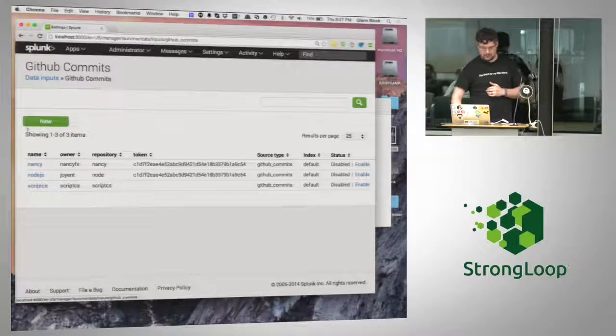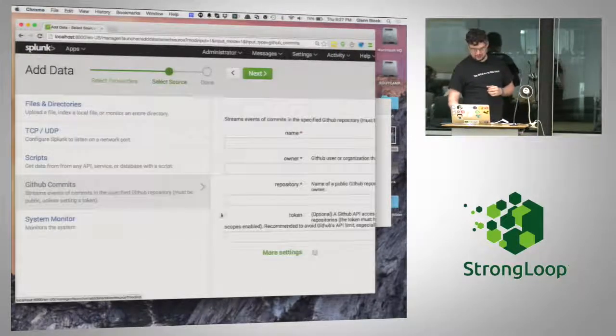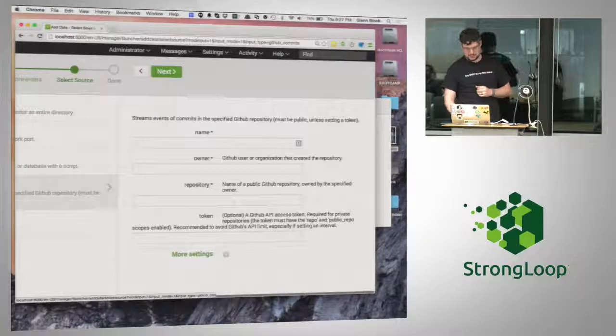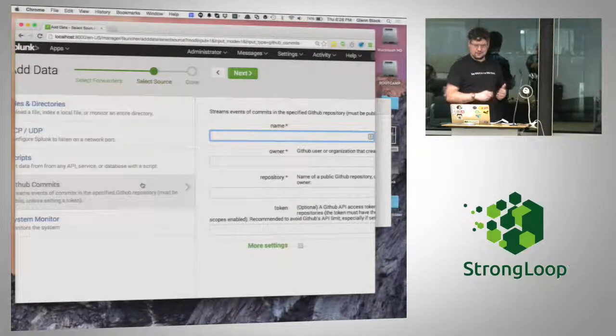So if I go here and I click New, you'll see that it gives me a UI. Recently, they made some formatting changes, which broke it a little bit. But you can see here that it prompts me for name, owner, repository. There's even validation that will run. And once I've configured this, it's going to pull GitHub and pull down